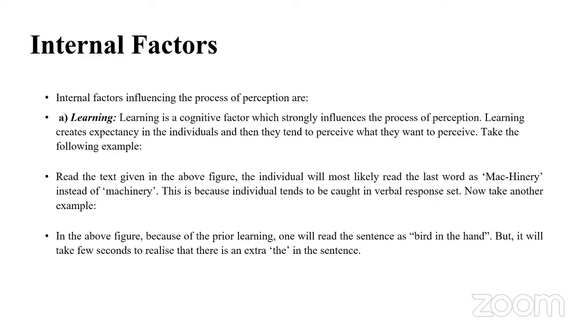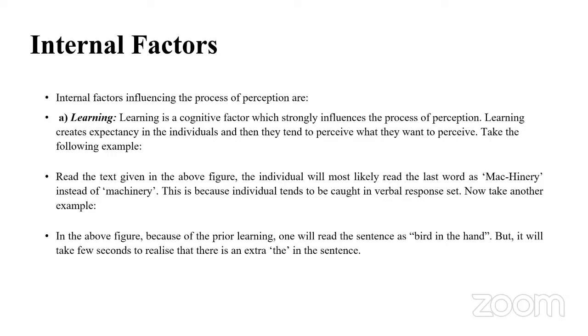What is the first factor? The first internal factor is learning, right? So what does it mean? The way you interpret the world around you depends on what learning you have had in the past. So learning creates expectancy in individuals, and then they tend to perceive what they want to perceive, right? So take for example,